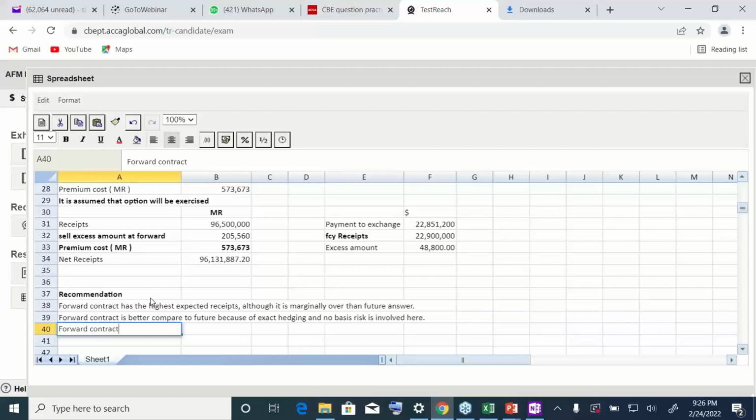Forward contract has a problem of default risk, but that can be covered if the company